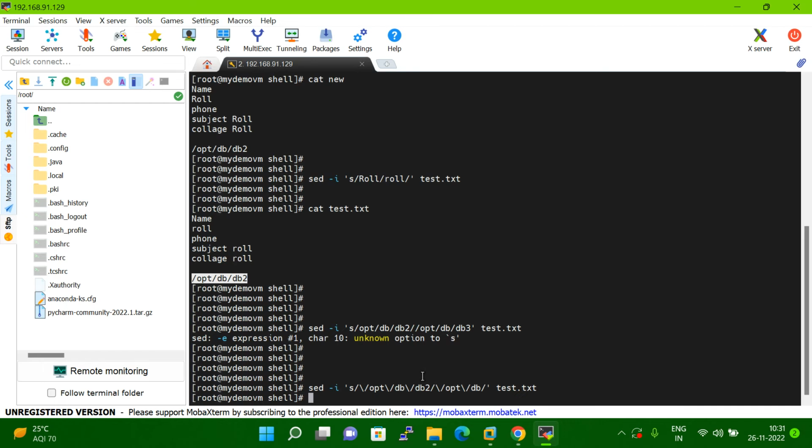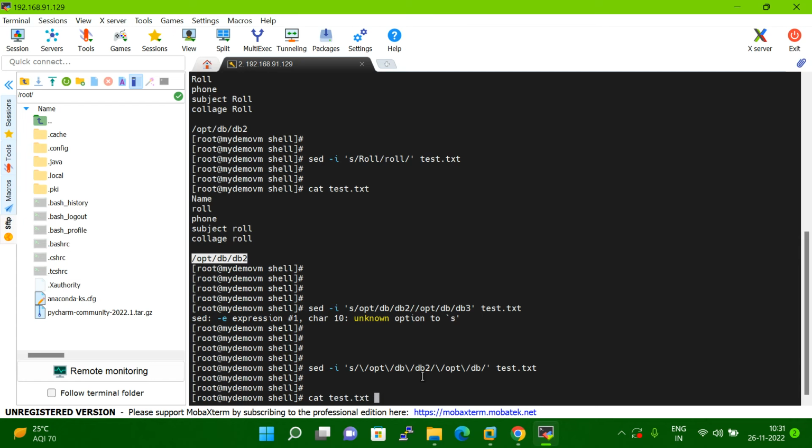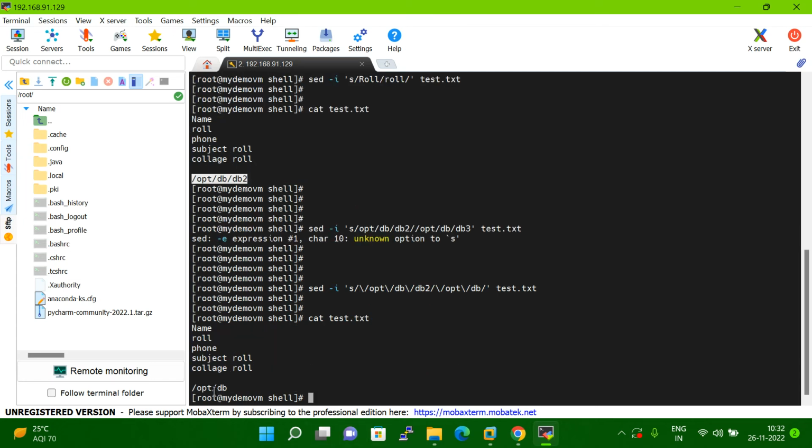Now you can see it ran successfully. Now let me check; you can see the path has changed, right? Everywhere in place of the slash you have to give the delimiter, because otherwise sed will not understand where to start, and you will get a syntax error. So this is one way you can do it. And the second one